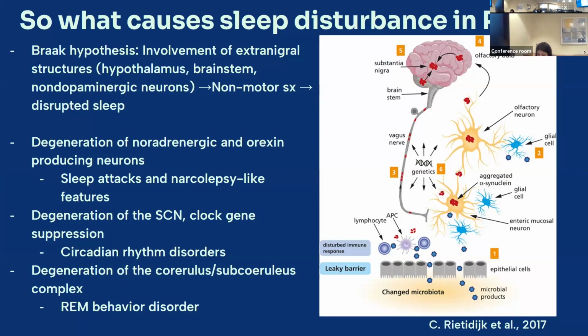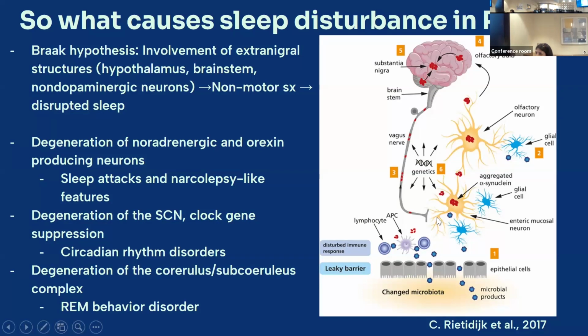So what we know about Parkinson's, the degeneration of dopaminergic neurons in the substantia nigra and depletion of dopamine in those pathways are the hallmark of Parkinson's, and they're responsible for the motor symptoms. But what I found was this thing called the Braak hypothesis, which basically is saying that the neurodegeneration of Parkinson's starts lower in the brainstem and progresses following an ascending pathway upwards, which is what is causing some of these non-motor symptoms happening in Parkinson's disease. So the microbial products come into contact with the olfactory and the enteric neurons.